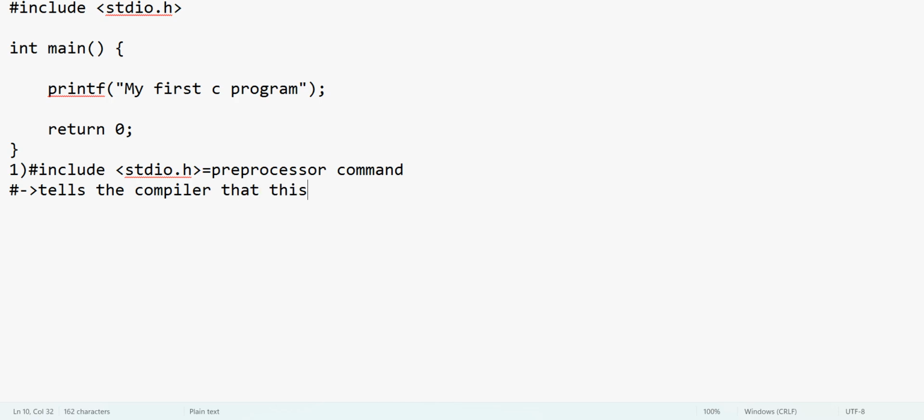that this line is a preprocessor command. Okay, it tells the compiler that it is a preprocessor command. What happens if it tells that this line is a preprocessor command? Hash is also a part of this preprocessor command. What happens if this hash tells the compiler that the line is a preprocessor command? It is giving an instruction to the compiler that it has to process this line initially, before compilation